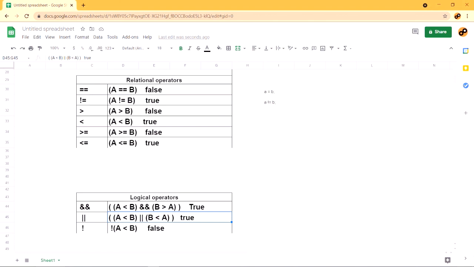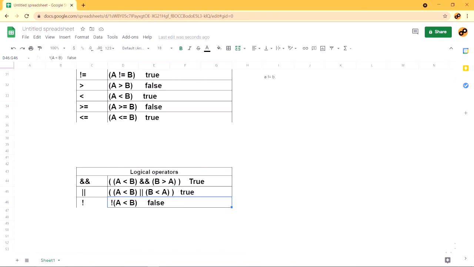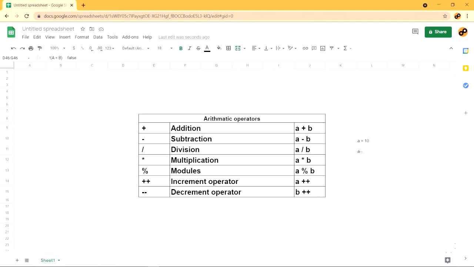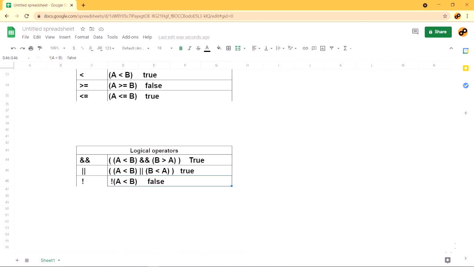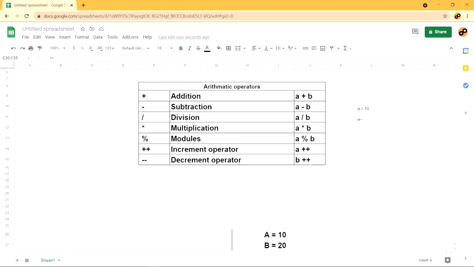And the NOT operator: a less than b is true here. If you use this, if the answer is true, it converts it into false, and if it is false, it gets back into true. This is done by the NOT operator, logical NOT. So these are the basics of operators. We will do a program with decision making and understand what decision making is, and we will be using all these operators to understand it better there.